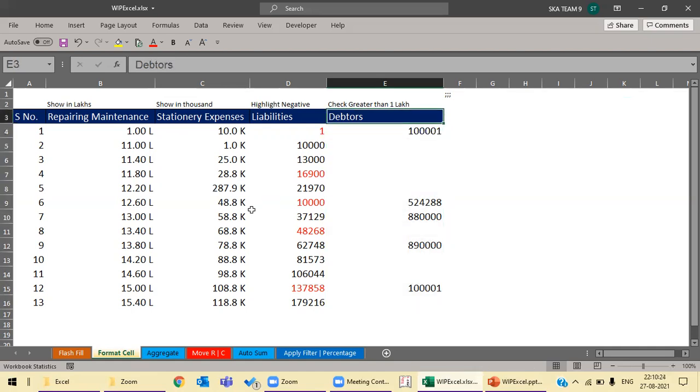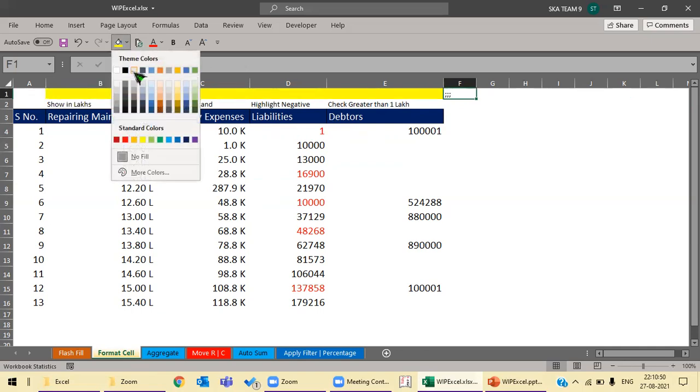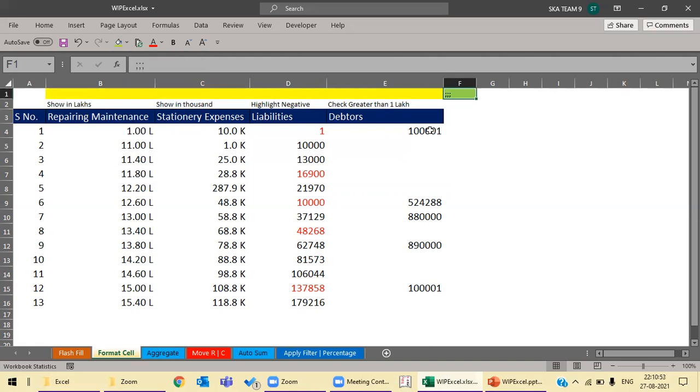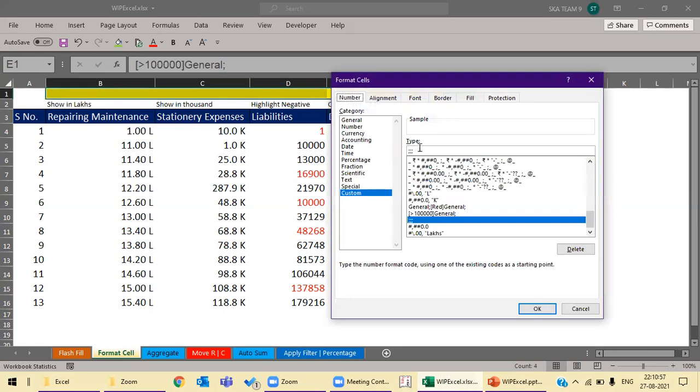Let's crack the formulas of these 4 different options of format cells. I have copied and pasted the formula in the cells above the respective column heads, but you cannot see it because I have applied another formula to hide it. The formula is in this cell. If you select the cells and press Ctrl 1, you will get to know the formula used.